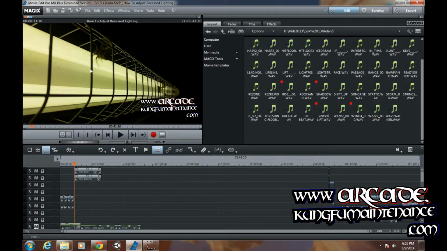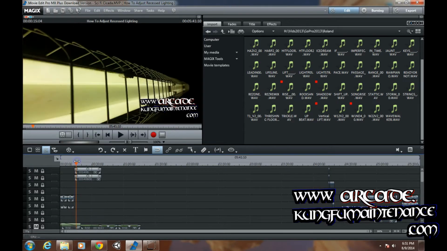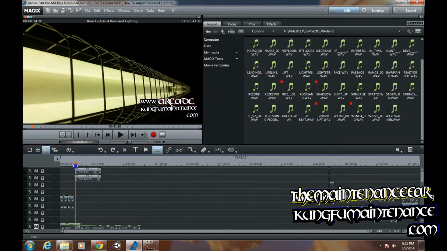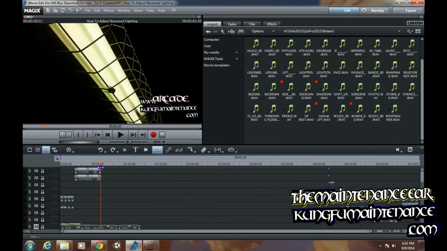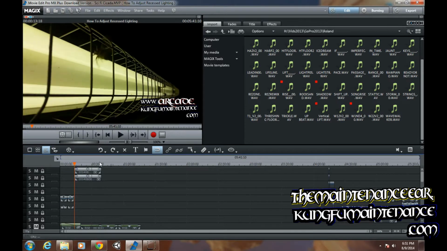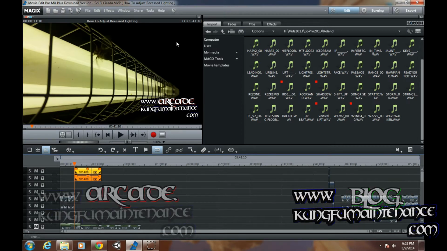Kung Fu Maintenance. Today I thought I'd show you a bit more about editing inside of Movie Edit Pro or Video Edit Pro. Movie Edit Pro. This is version MX17 and most of them follow pretty much the same format. What I have is a sci-fi bug here and I'm going to be showing you how to change the time settings a couple different ways. What I'm going to do is highlight the clip here that I have, video clip, and